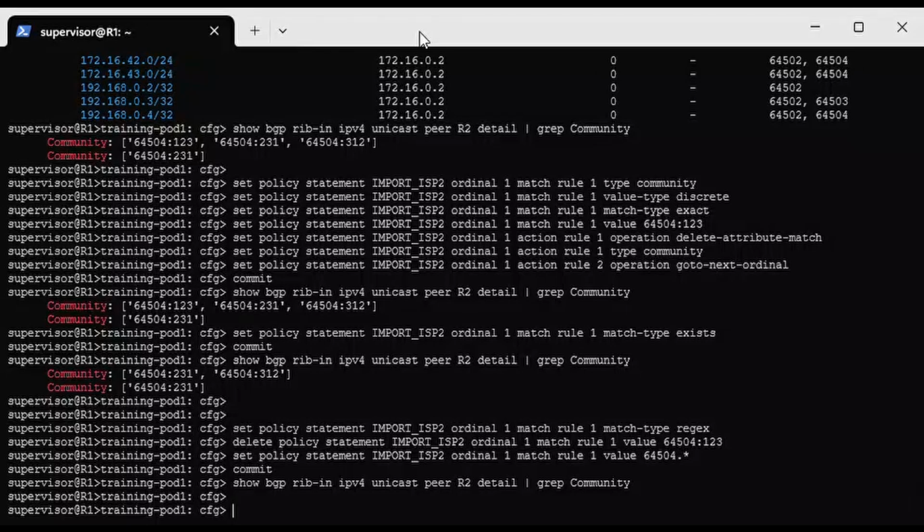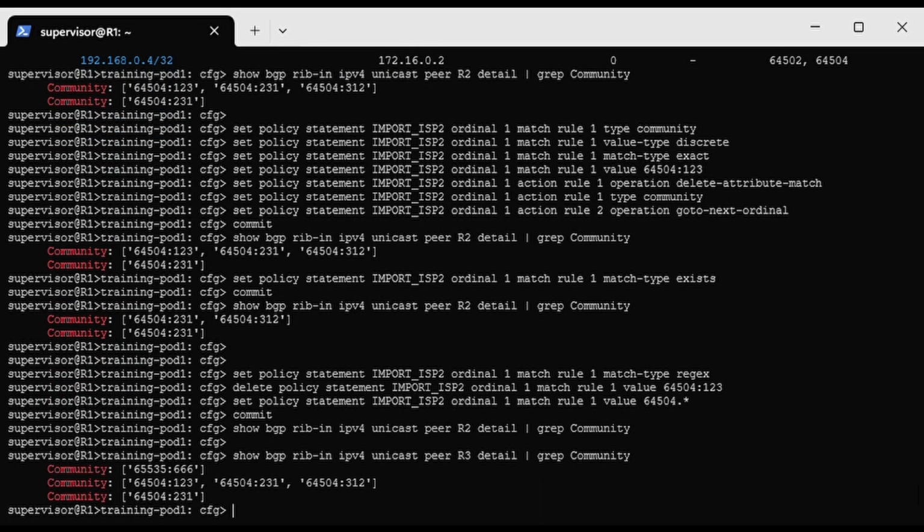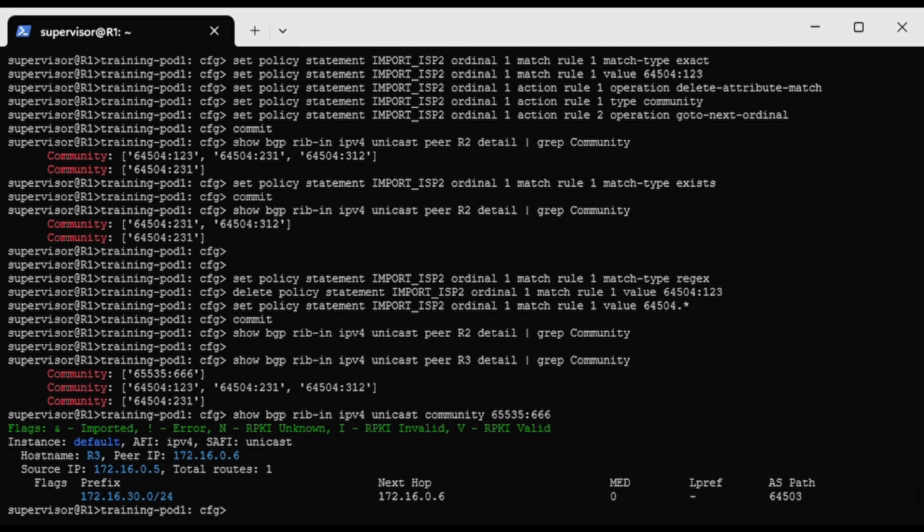Let's return to the CLI of R1 and inspect the prefixes advertised from R3. We can see that R3 is sending a prefix with the community 65535:666. This is a known blackholing community. Using this tag, we can identify the prefix under attack by running the show BGP rib command and filtering on the community value. In this case, the prefix is